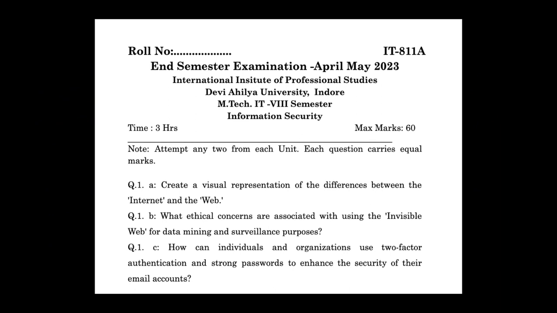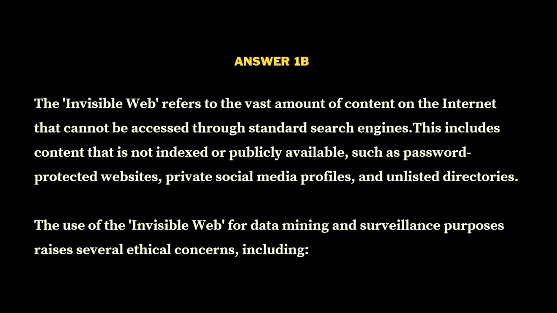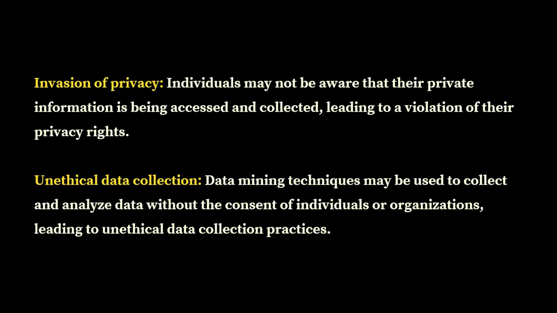Question number 1 B part. What ethical concerns are associated with using the invisible web for data mining and surveillance purpose? Answer. The invisible web refers to the vast amount of content on the internet that cannot be accessed through standard search engines. This includes content that is not indexed or publicly available, such as password protected website, private social media profiles, and unlisted directories. To use invisible web for data mining and surveillance purpose raise several ethical concerns, including invasion